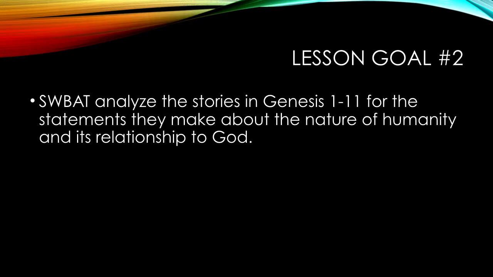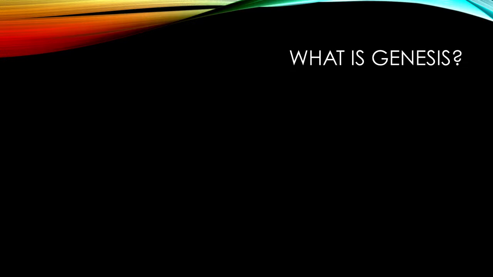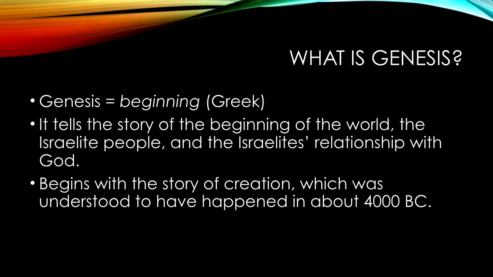All right, lesson 2. For this part, we were looking at biblical anthropology, the nature of humanity and its relationship to God, in other words. So, we started by talking about what the book of Genesis actually is. It's a story that talks about the beginning. It talks about things that happened before history was ever being recorded. And so, obviously, we have to understand that we're looking for the big ideas here.